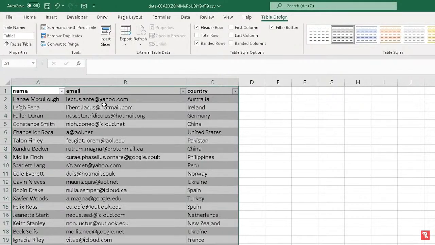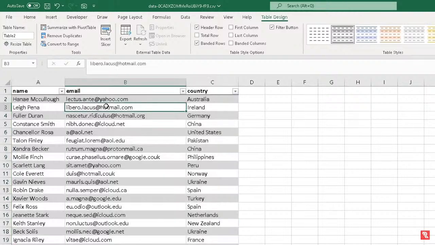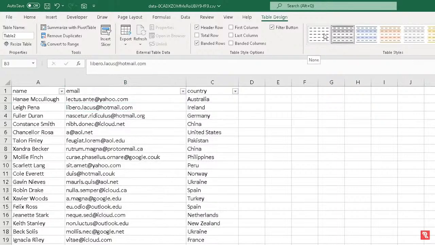To change the style of that table, you need to select the data within the table like this, go back to table styles here, and I'm going to simply choose the first option, so it goes like this. The filter is still showing, but the actual borders are not showing there,